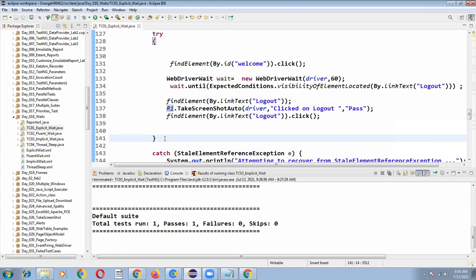So for him, I can wait for 60 seconds. So the driver can wait up to 60 seconds. Some of the web elements, if they are loading within the default implicit wait time, the driver can manage automatically up to 10 seconds. But sometimes some web elements will take